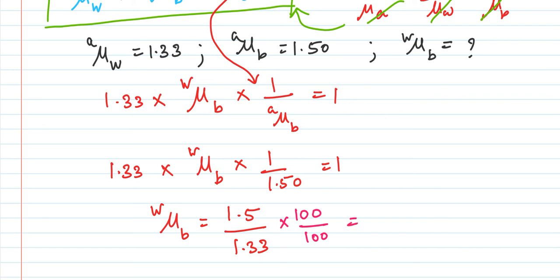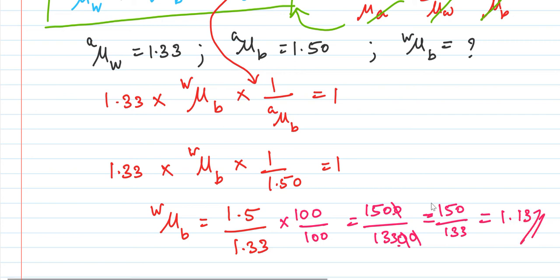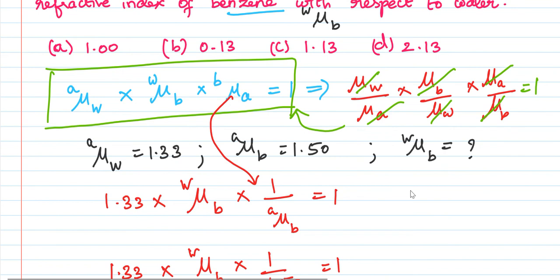So your answer will be what? I will show you. So you can see 1 decimal point 150 divided by 133. I used to show step by step only. So I am writing everything, even the zeros also. So you are going to do the calculation, that is division, for which value? 150 divided by 133. Normal division you will be doing. So your final answer will be 1.13. Okay. So let us see whether this 1.13 is in the answer. Yes, it is in the answer. So this is our correct option. Okay. In this way only you are going to work out for this problem.